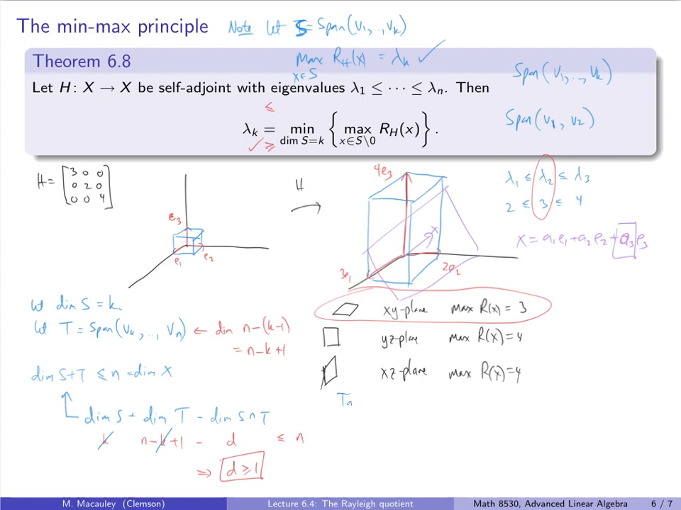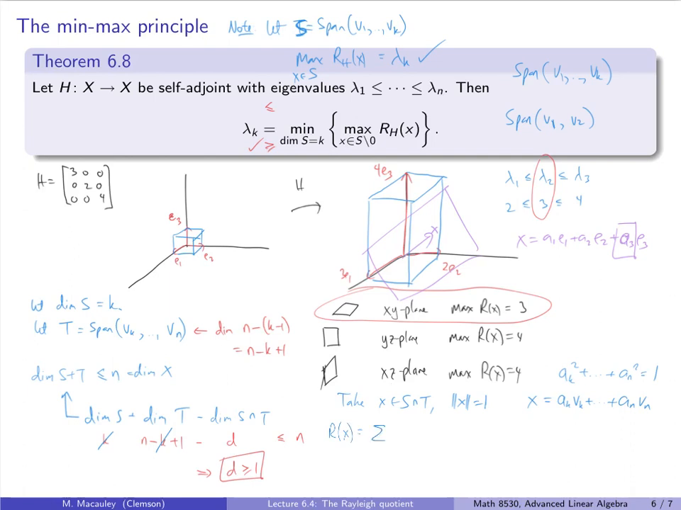So now we can take any x in S intersect T. We can assume it's a unit vector. And x then is equal to a_k v_k plus all the way up to a_n v_n. And we know that a_k squared plus ... plus a_n squared, the sum of these coefficients, is 1. So we can eliminate the first k minus 1 basis vectors because T is spanned by v_k up to v_n. So now the Rayleigh quotient of x is